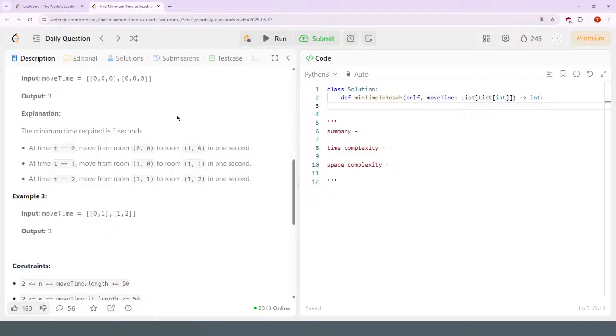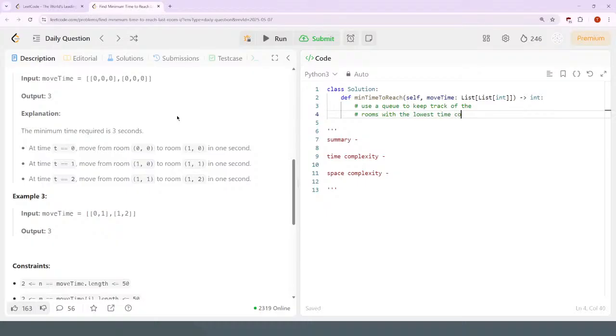Yeah, I think I might use a queue to keep track of the lowest time room. So keep track of the rooms with the lowest time cost to reach,